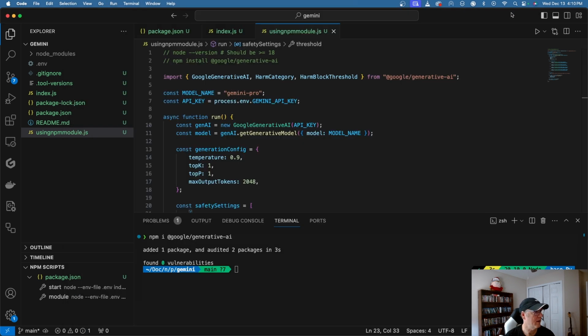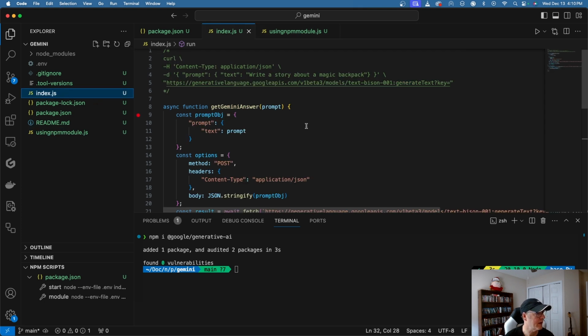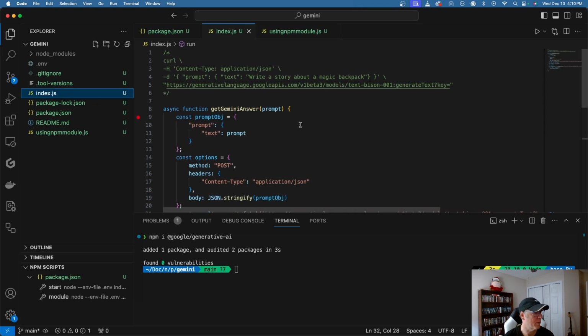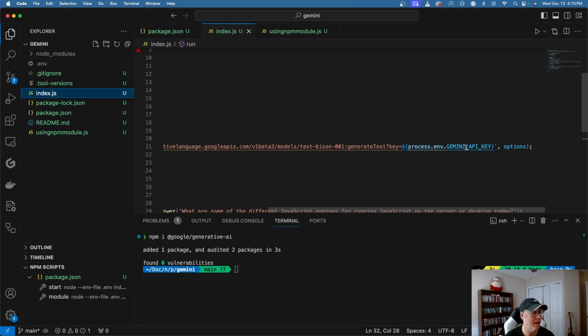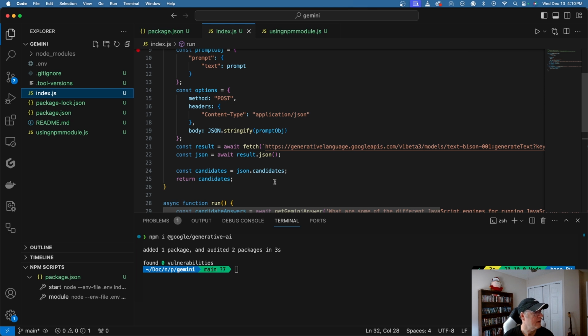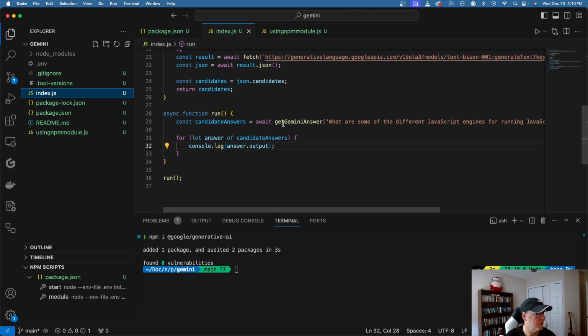So what I've gone ahead and done is I have actually written two different scripts for being able to call their AI. So this one right here, I'm essentially just following the curl format. And so here, I'm just referencing in this fetch request their API. And part of what they want you to have is an API key. And so I'm passing that in as an environment variable with this example. And what this does is just goes out and makes a request. I can pass a prompt into this function, and it'll come back with either one or multiple different